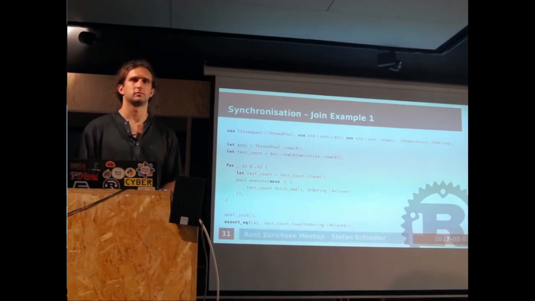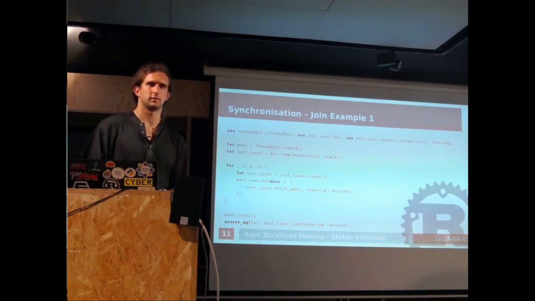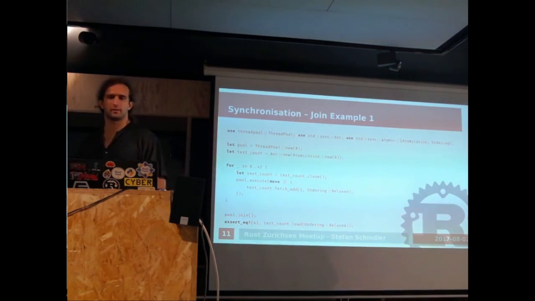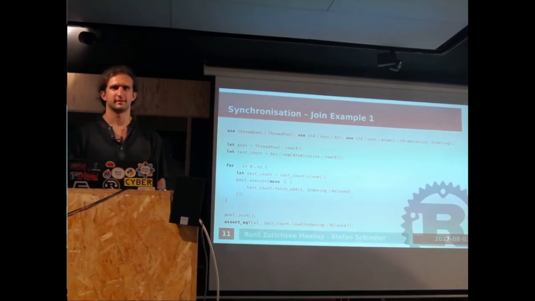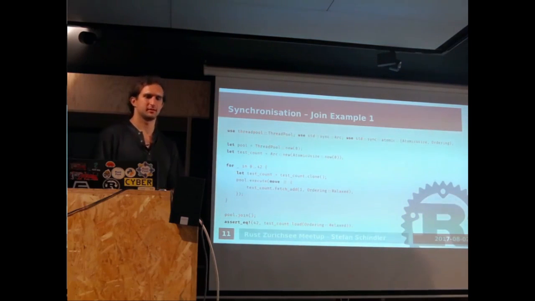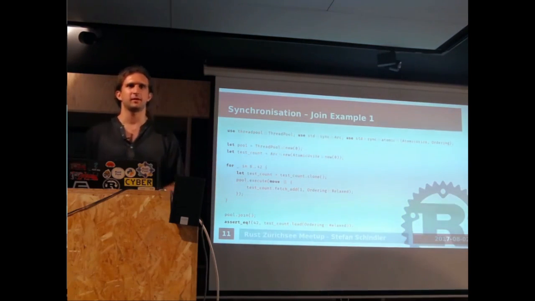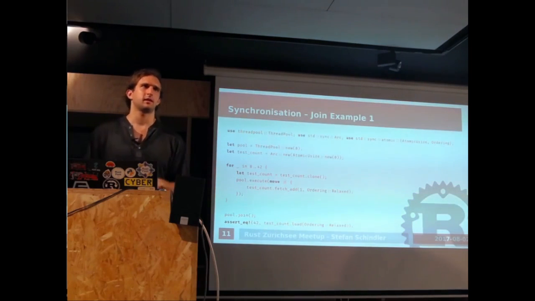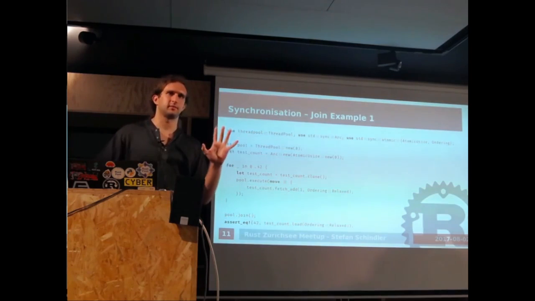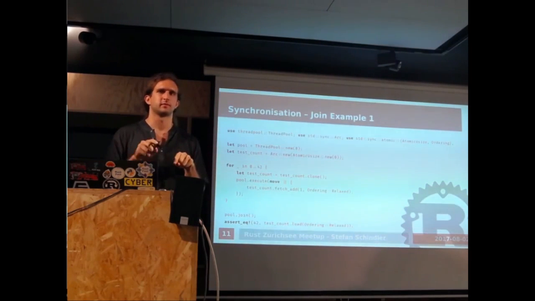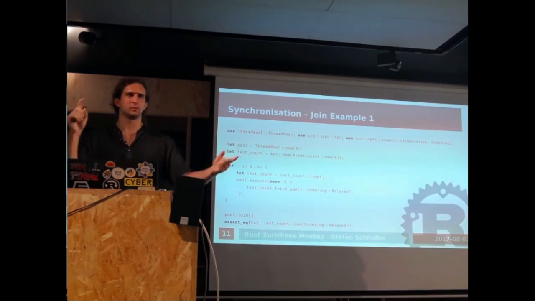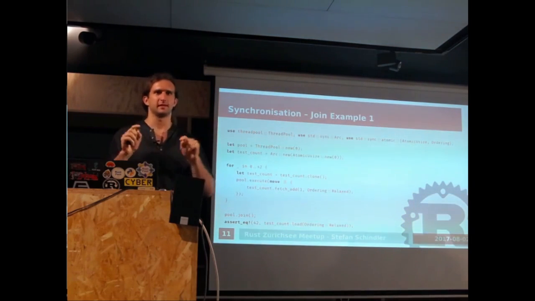But you said you could join from multiple threads? Yes. You can also add new jobs from multiple threads? Yes. Because then it would get racy again, probably. No. You join, and then another thread pushes a job and you think it's finished, but there is something called the conditional variable in the background, which I will show you later. So if we have many threads adding jobs and joining on stuff, we don't get a race condition at all. I have a test written for that. It's a really nasty one. Two pools giving each other jobs and joining on each other, and it works.